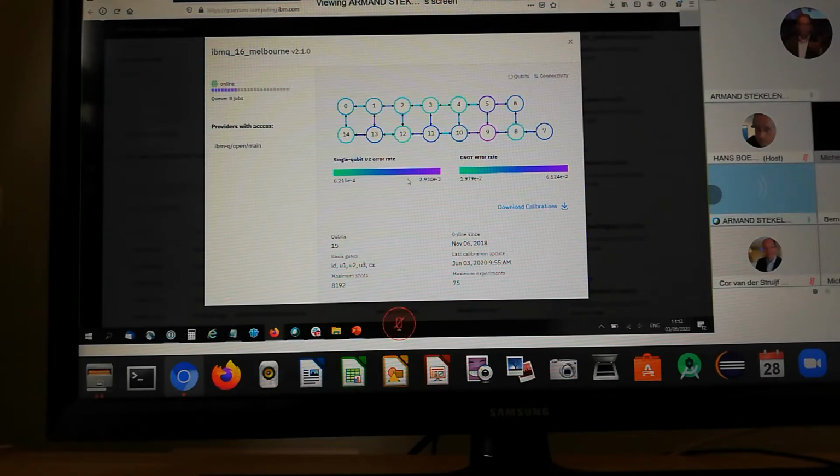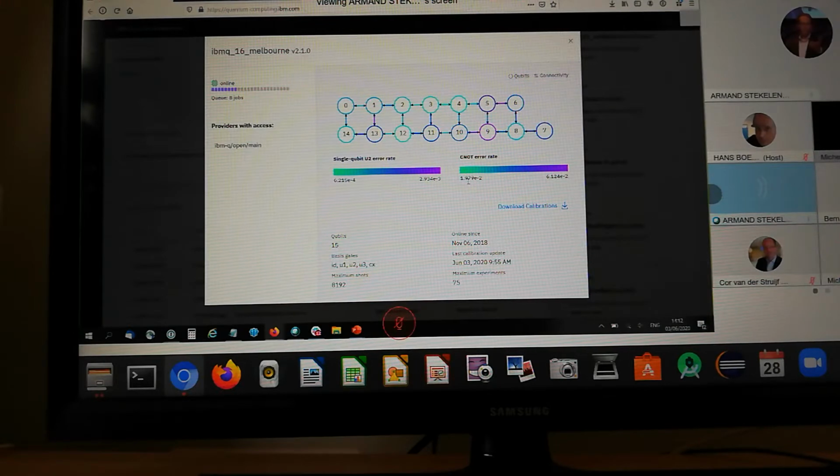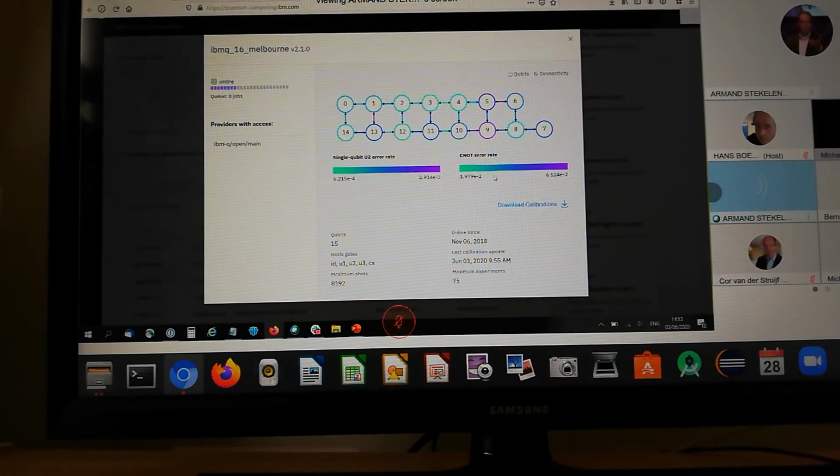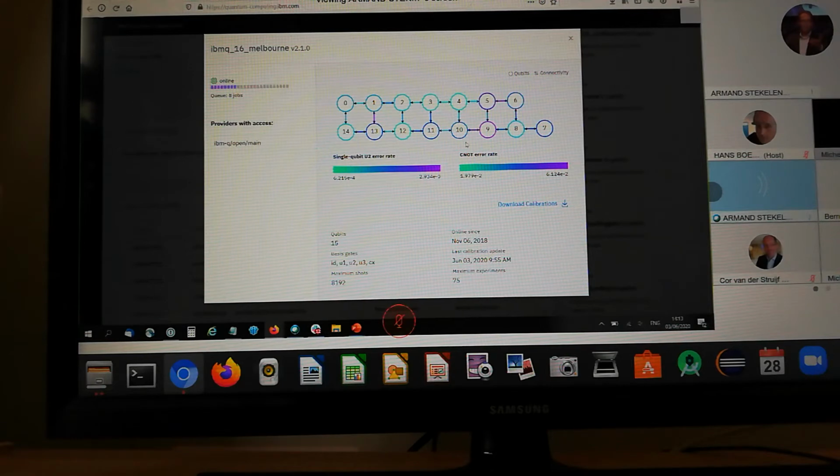So the hardware is not ideal, and the effect is even stronger when you have multiple qubit operations, for instance the CNOT, and that I'll explain later as well. This is a 2-qubit operation between, for instance, qubit 0 and qubit 1, and then for calculations, you can just go to the IBM Quantum Simulator, and what you see here as well is that there